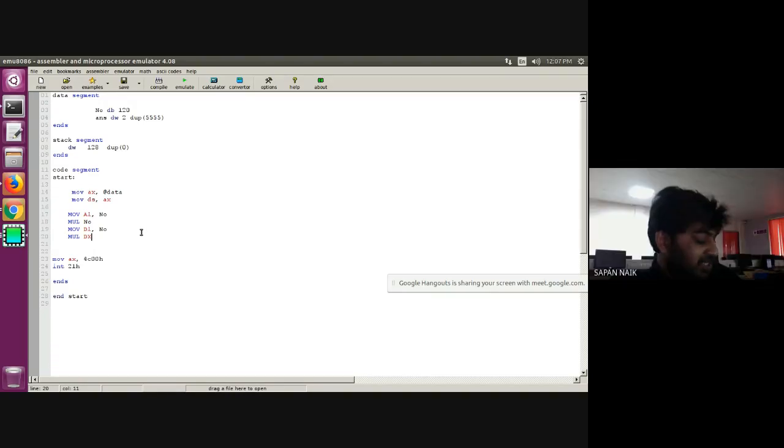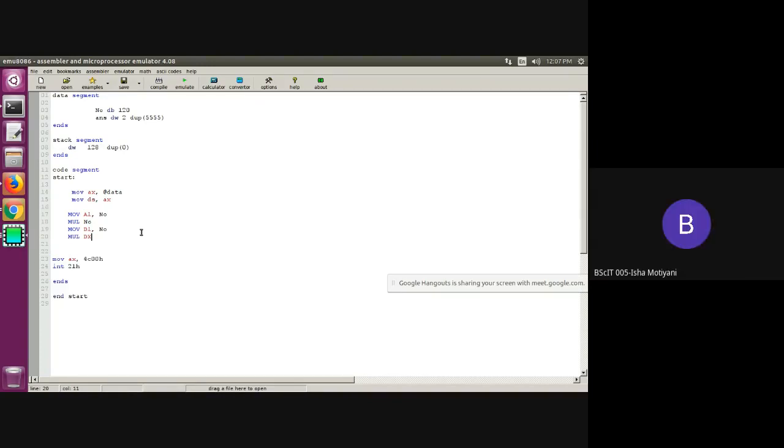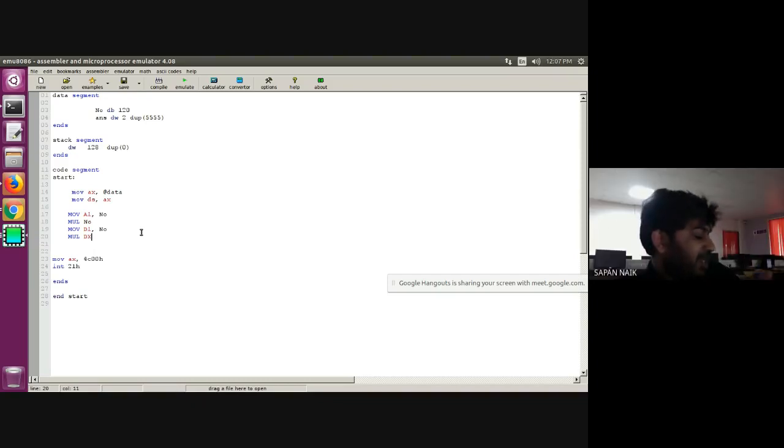My DX register initially contains all 0000. So if I put my number into DL, my DL will contain 120 and my DH is already 00. So I have converted my number into a 16-bit number, which is now DX. DX contains 120 only, but in the form of a 16-bit number. Get it?